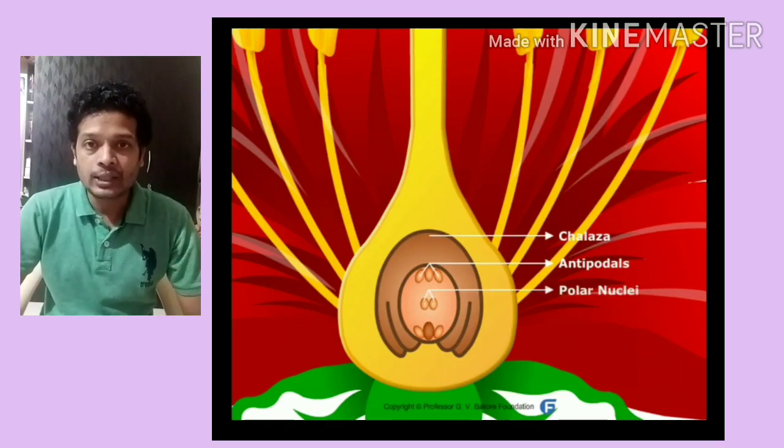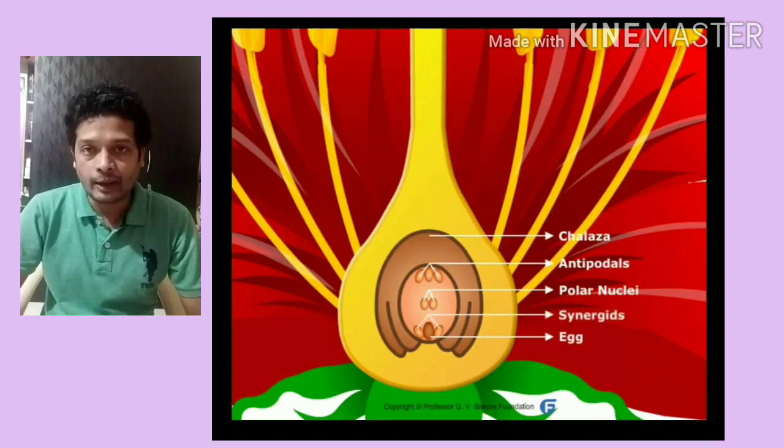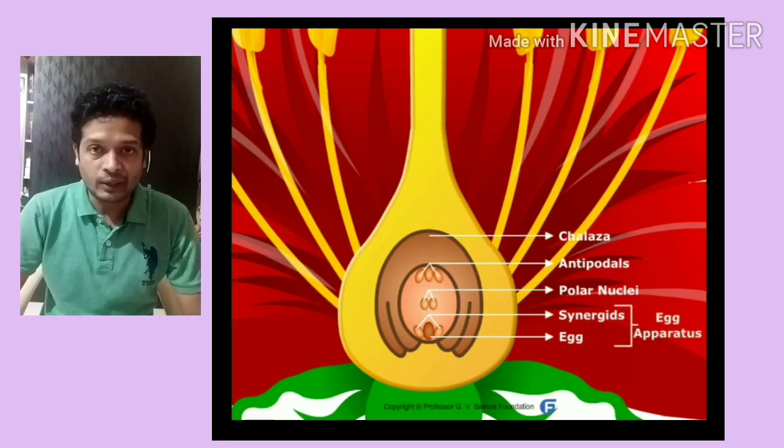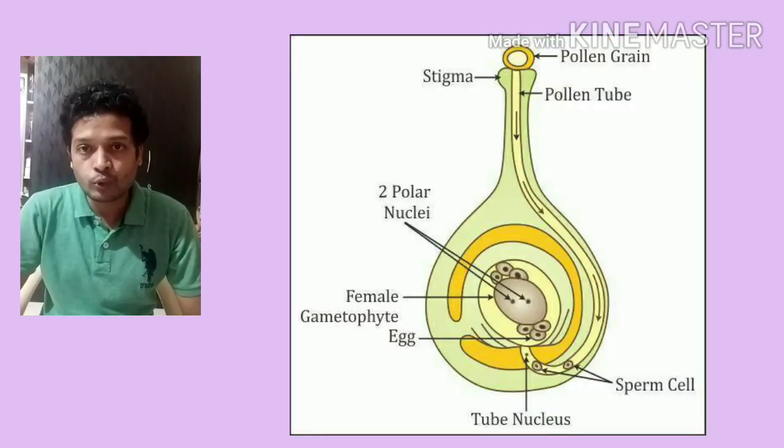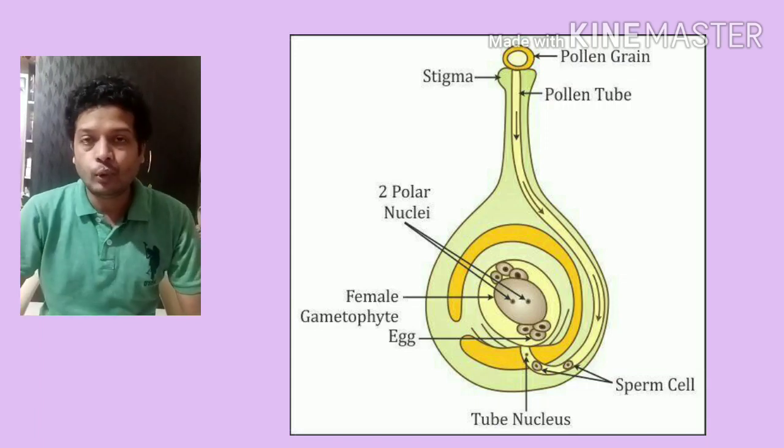Inside ovum there is presence of embryo sac. Each embryo sac consists of 7 cells, 3 on opposite ends, that is 6, and 1 in the center. So at one end they consist of 3 cells, of which one is called egg, and the two surrounding it are known as synergids. On the opposite end of embryo sac, we have 3 cells which are called antipodal cells, and in the center we have a cell which consists of 2 nuclei, so it is called polar nuclei.